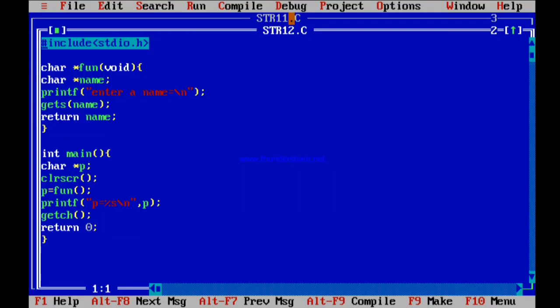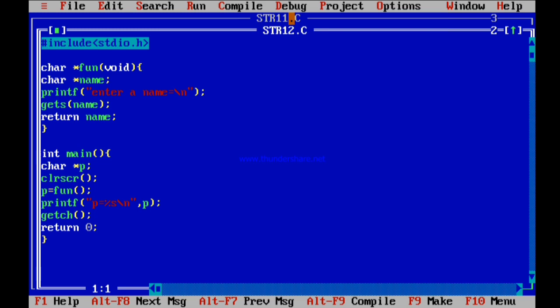So what exactly has happened here is, when you call the function fun, the control of execution will pause the execution of main and go to the fun function, where you have declared a pointer called name, and you are asking to enter a name. So I enter New York. That name is read by the gets function, and I am returning name. Look here, this returned name is not a normal variable, name is a character pointer. So your function fun is returning a character pointer name.